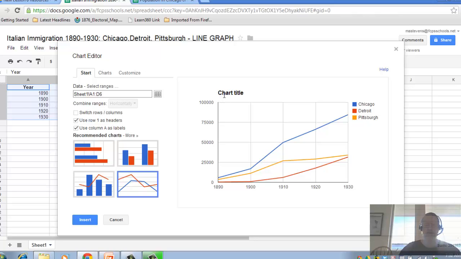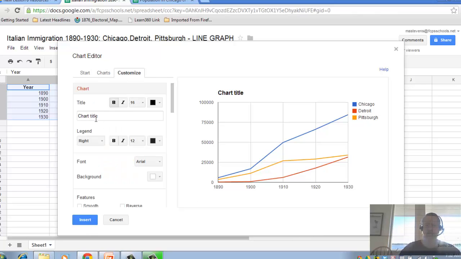But you notice there's three essential things missing. It just says chart title, and it doesn't have any label for the vertical axis or the horizontal axis, and you need to inform people that. You need to assume that they don't know what you're talking about. So you need to help them. So to make those changes, you'll come over here to the Customize tab. And chart title, we're simply going to say